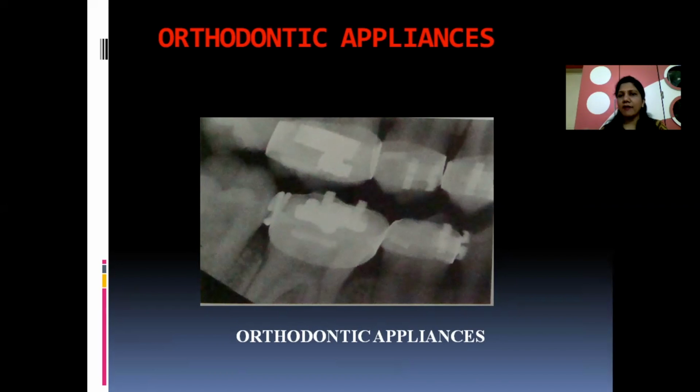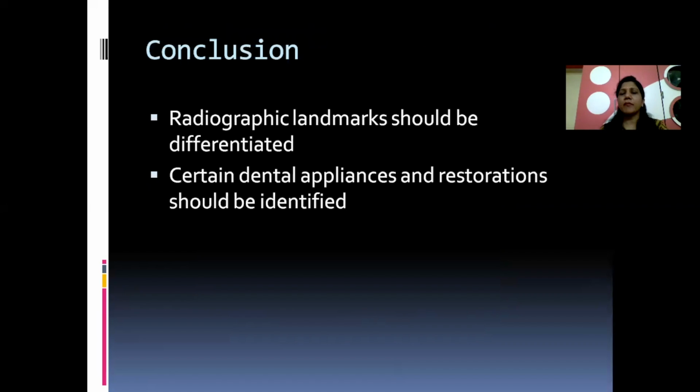So we have completed the landmarks, the things which are routinely present in the tooth and associated structures, because being a dentist we should be aware of all these things which are normally present in the oral cavity and should not be considered abnormal. We should go with the differentiation of a pathology, excluding these normal landmarks.